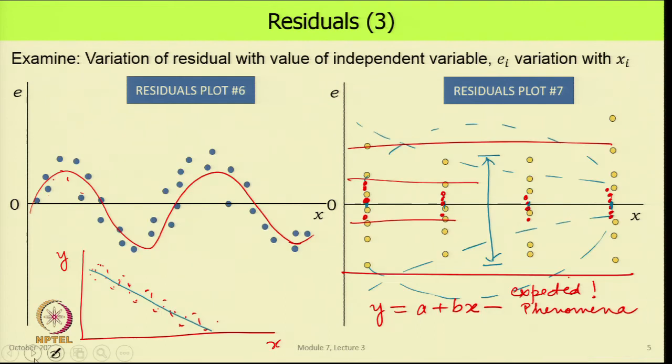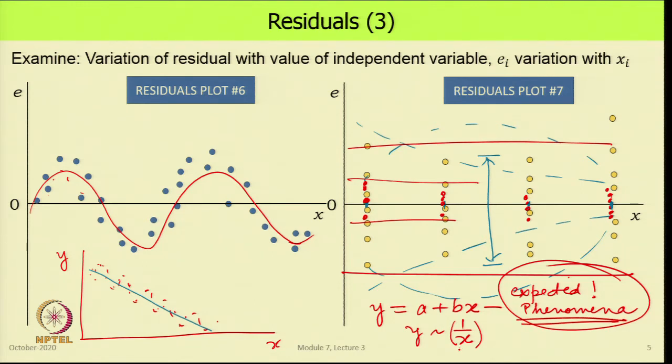So, this is a very important thing, that we should always make sure that the chosen correlation, the chosen regression follows, at least qualitatively, a phenomenon that we expect to see. If something goes as y goes as 1 upon x, then fitting a linear fit to this is not going to be right. We would have to convert this to a new variable, then do a fit and then look at it again. So, be very, very careful in selecting